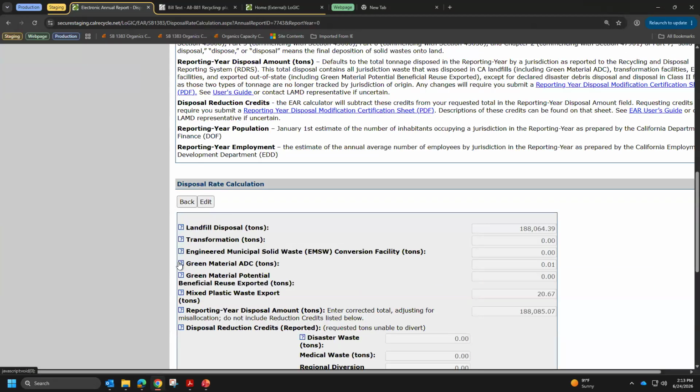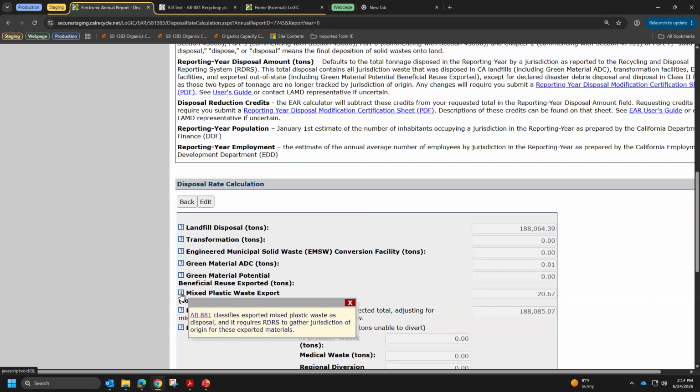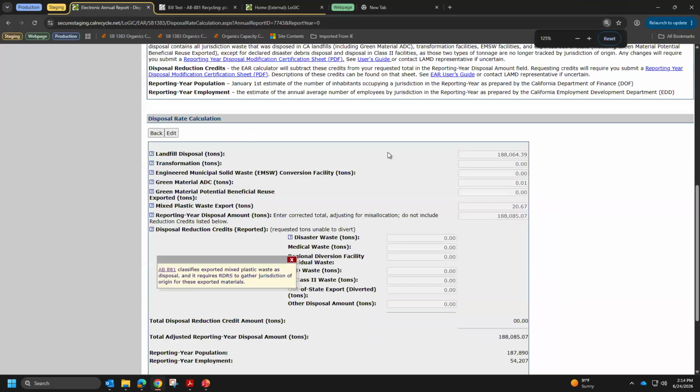You'll find these all throughout the year. If you see a question mark box, it's probably got something helpful in it if you're wondering what the question or the field is about. And AB 881 is the legislation that changed this, and that was a question that I answered in the chat as we were going through. So within the year